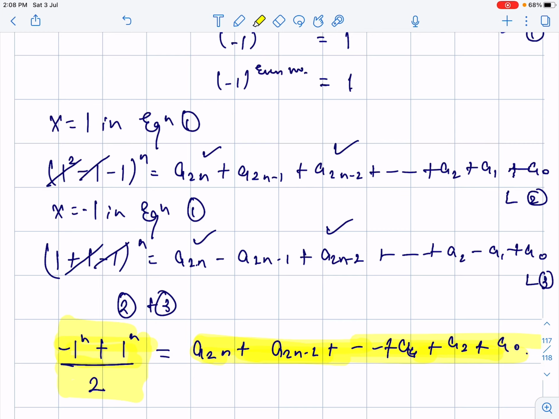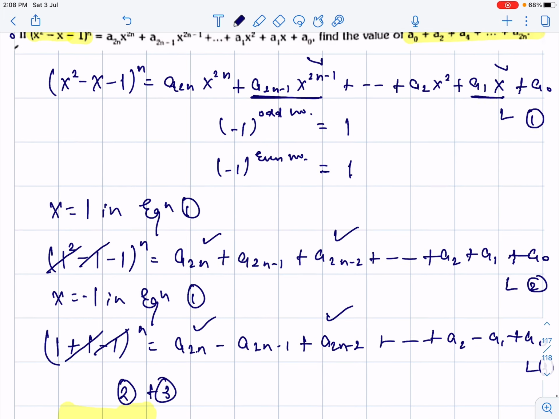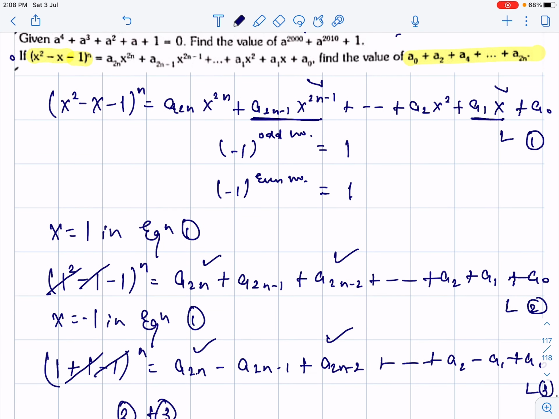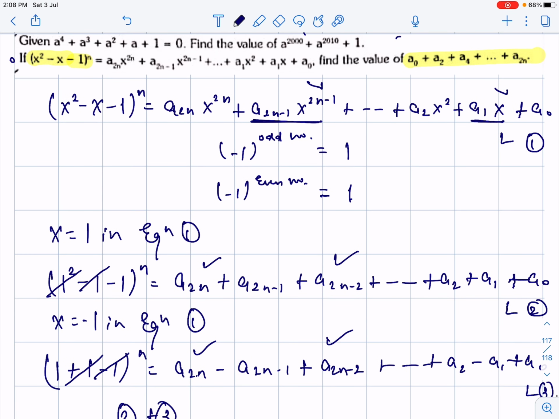Guys, this is a very important derivation. We would have to keep it in our mind to solve such type of question. Because in binomial also we have kept x is equal to 1 and minus 1. One time I had kept the value of x and y is equal to 1 and 1. One time 1 and minus 1 to get the value of nC0, nC2, nC4, or nC1, nC3, nC5. Such type of pattern is very important.